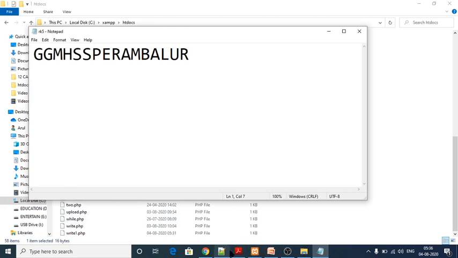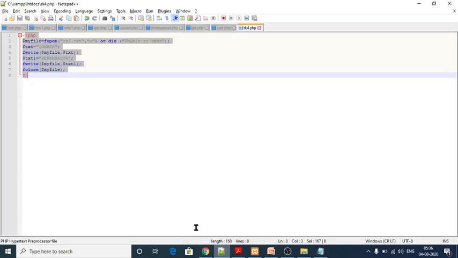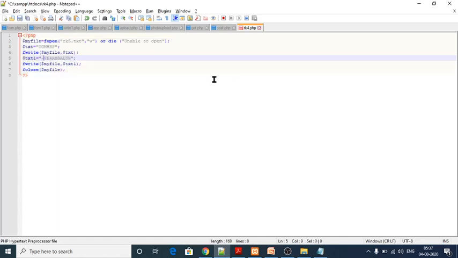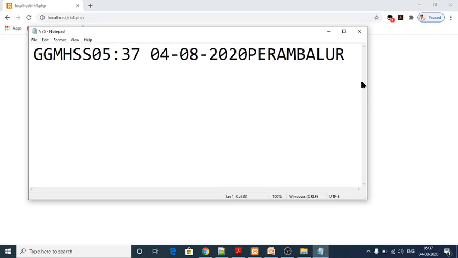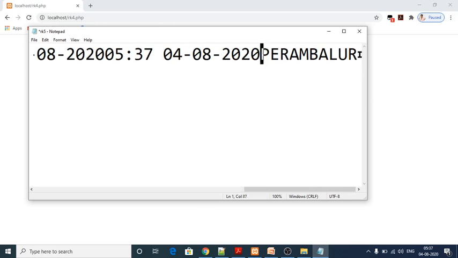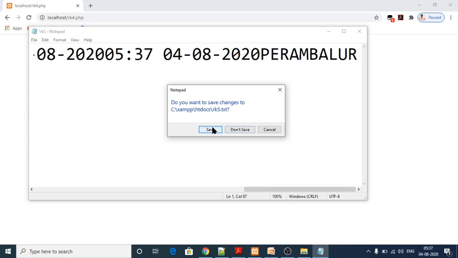So see here, again I am going to give a small change. Within Perambalur I am going to give a small hyphen. I'm going to close my program, and with the date itself it would be coming over. Don't save.